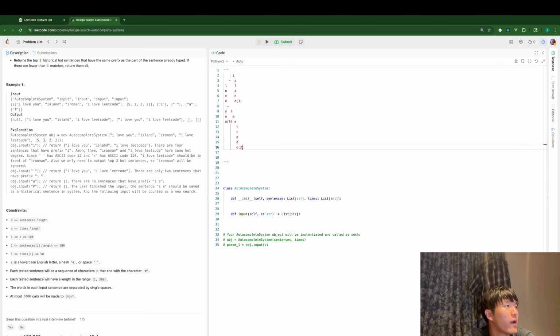Then this appears twice. Then the last input is, and also Ironman. This should come here. This should appear twice. Okay, so basically this is the trie which should be created from the given, initiated words. And what I would do is when the user types, say, I, now the pointer should be